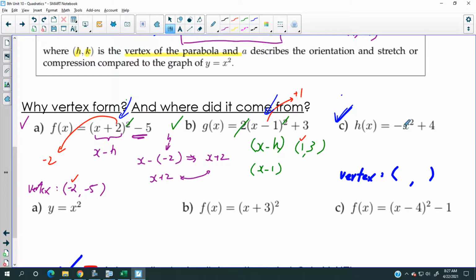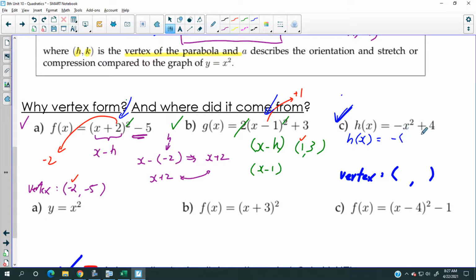How would you rewrite this in vertex form? And it's not complicated. There's really not much to do here. All right, so let me show you. How do you write this in vertex form? Well, we have h of x, negative. Now, first of all, you realize that we could put